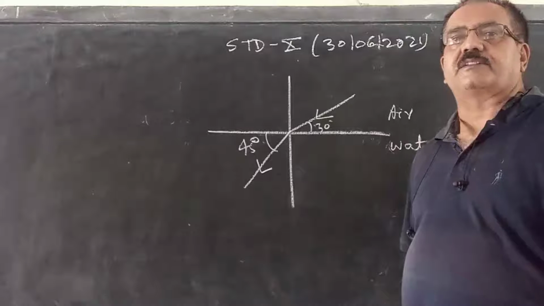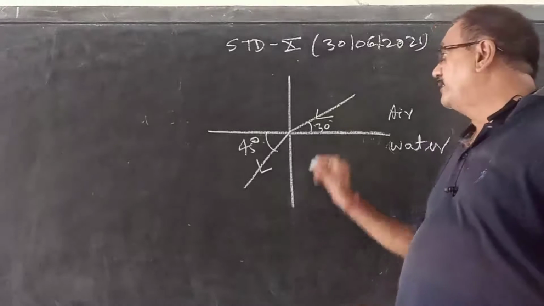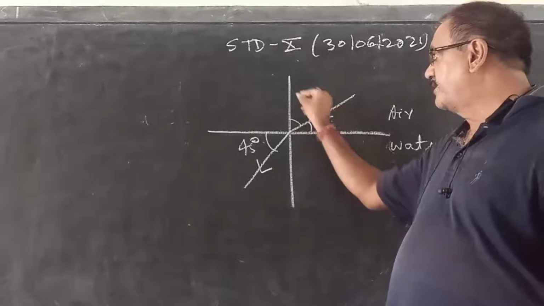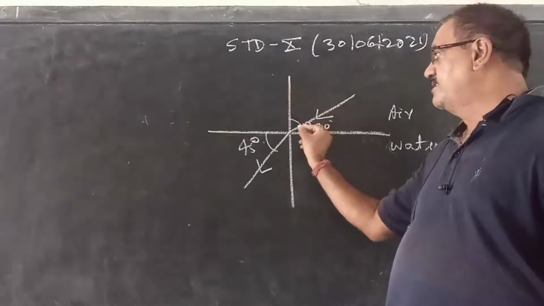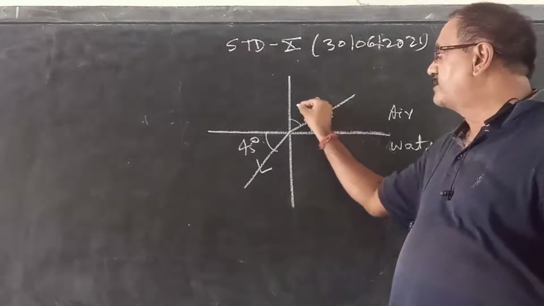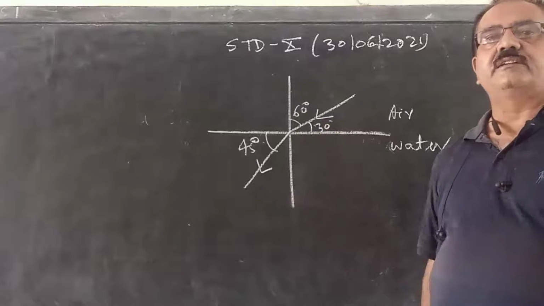This is a separating surface. So what is the incidence angle then? This one is the incidence angle. This is the angle between the incident ray and the normal. Since the total angle is 90 and this is given as 30 degrees, this will be 60 degrees. So the angle of incidence is 60 degrees.